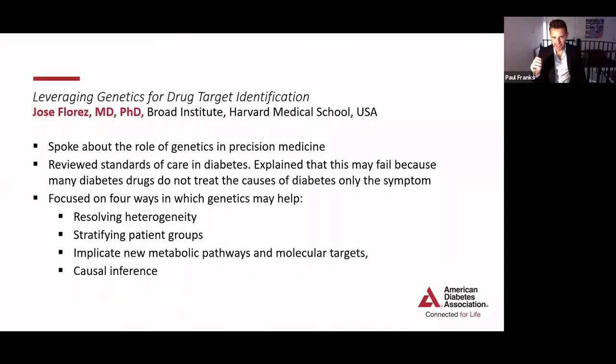So let's go to the next lecture, which was by Jose Flores from the Broad Institute and Harvard Medical School. Jose was speaking in the same session as Ewan Pearson, but he took a somewhat different perspective on how genetics can and has been used to improve diabetes prevention and treatment. So he started by explaining very eloquently some of the problems with standards of care for